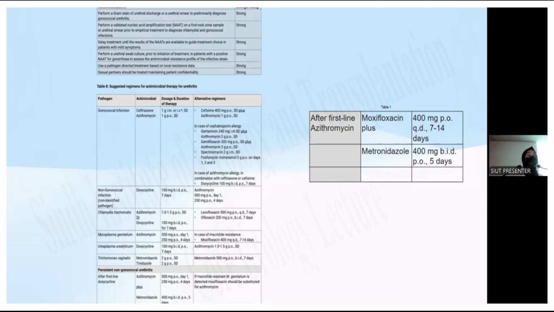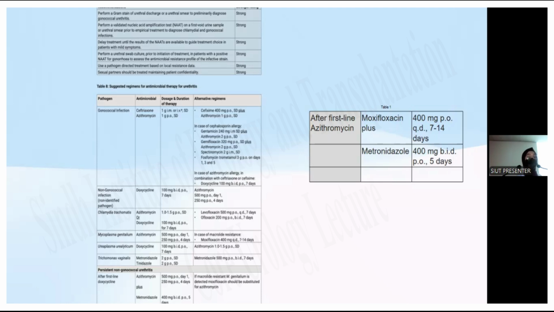Chlamydia trachomatis is treated with azithromycin or doxycycline, Mycoplasma genitalium with azithromycin, and in case of macrolide resistance, we can switch to moxifloxacin. Ureaplasma urealyticum is also treated with doxycycline. The Trichomonas vaginalis is treated with metronidazole. It can be given in a single dose of 2 grams, or it can be given as a 500 BD dose